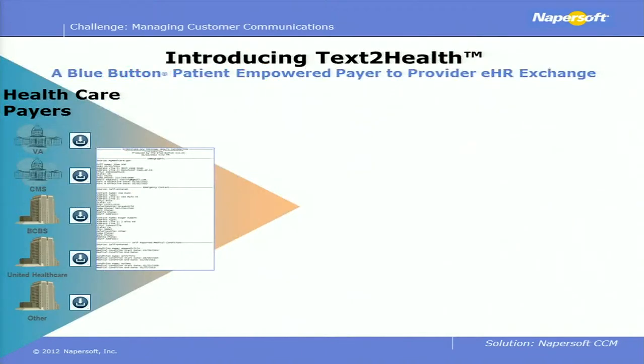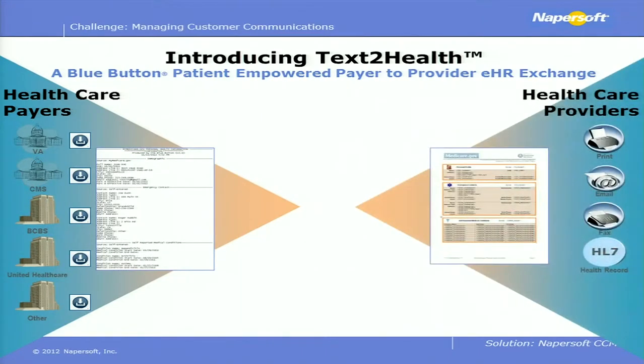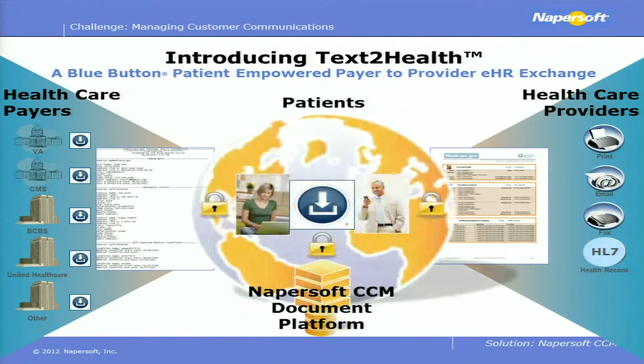So what does Text2Health do in terms of solving this problem? Well, there's a couple of steps. Basically, it takes all the data that is currently being collected within the databases or data sources of healthcare payers. It takes all of those patient care systems and ways that we operate, whether it be doctors, emergency rooms, hospitals, and so on, and gives them the ability to get access to that data on a real-time basis, whether it be in print or email or fax or in electronic health record forms like HL7. And so what we're doing is taking the engine that we've been using for years to process this data, putting it in a